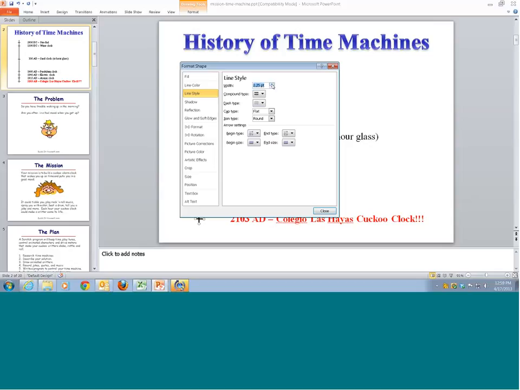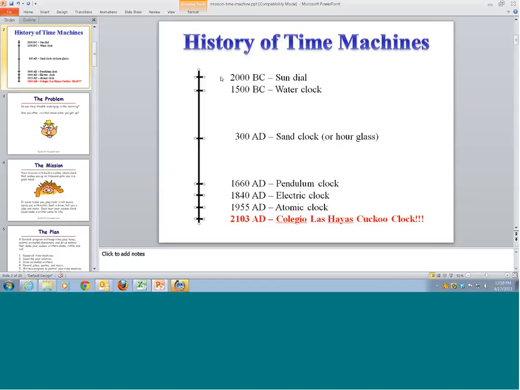I can make the line width a lot more visible. So there you have it. And what's interesting about this timeline is that you can see that